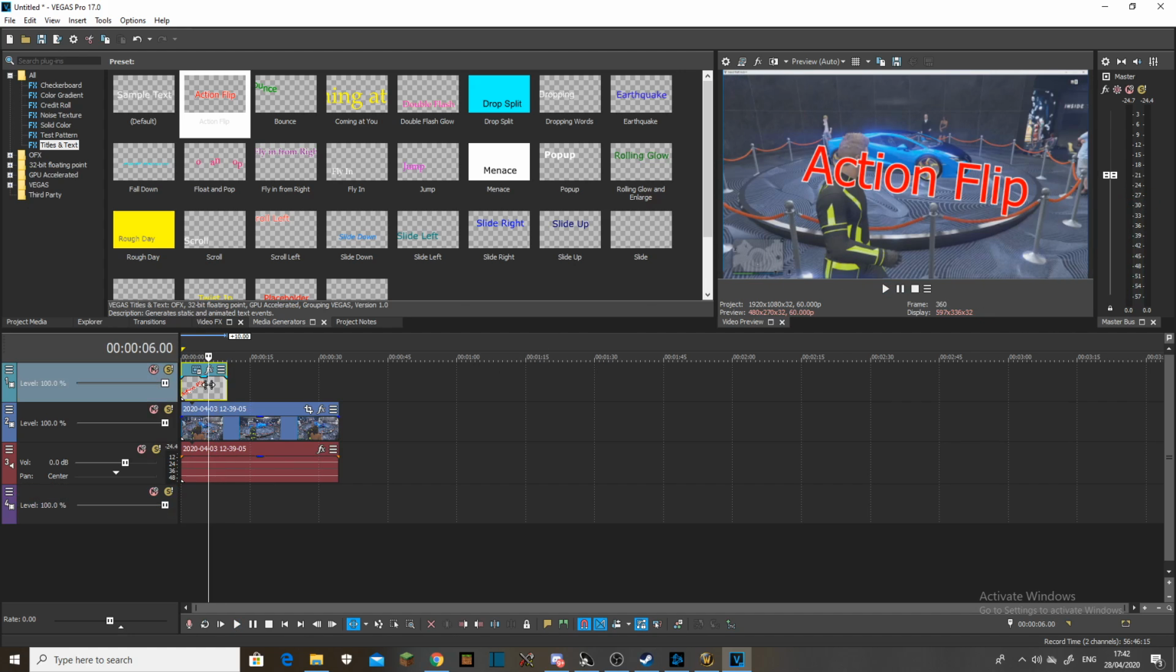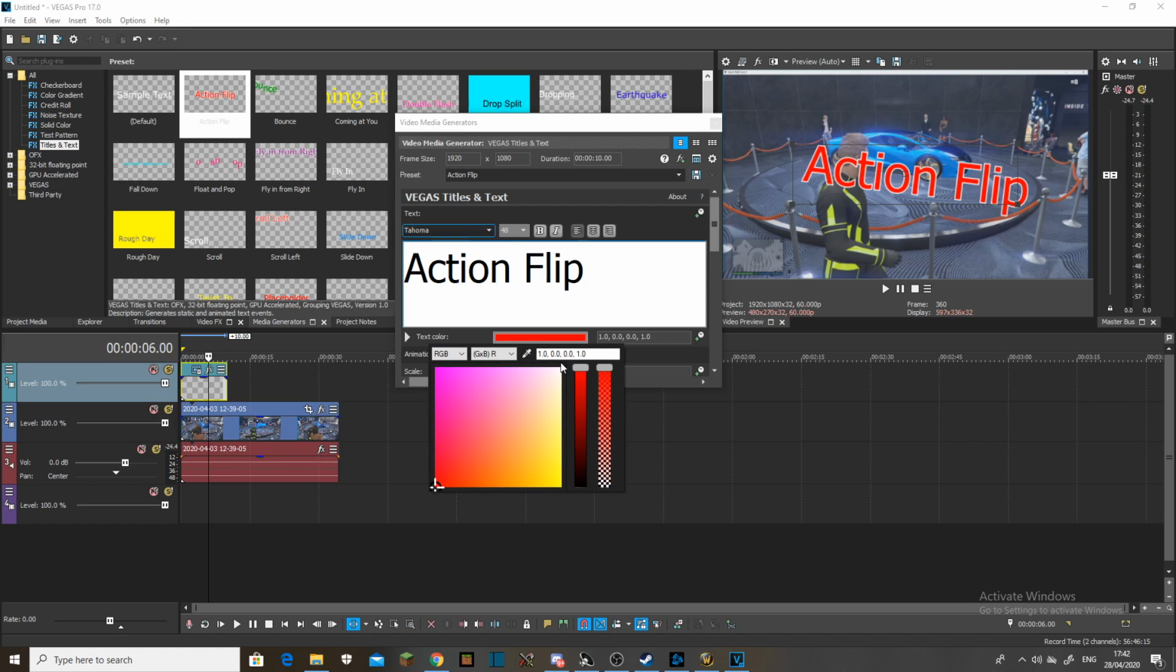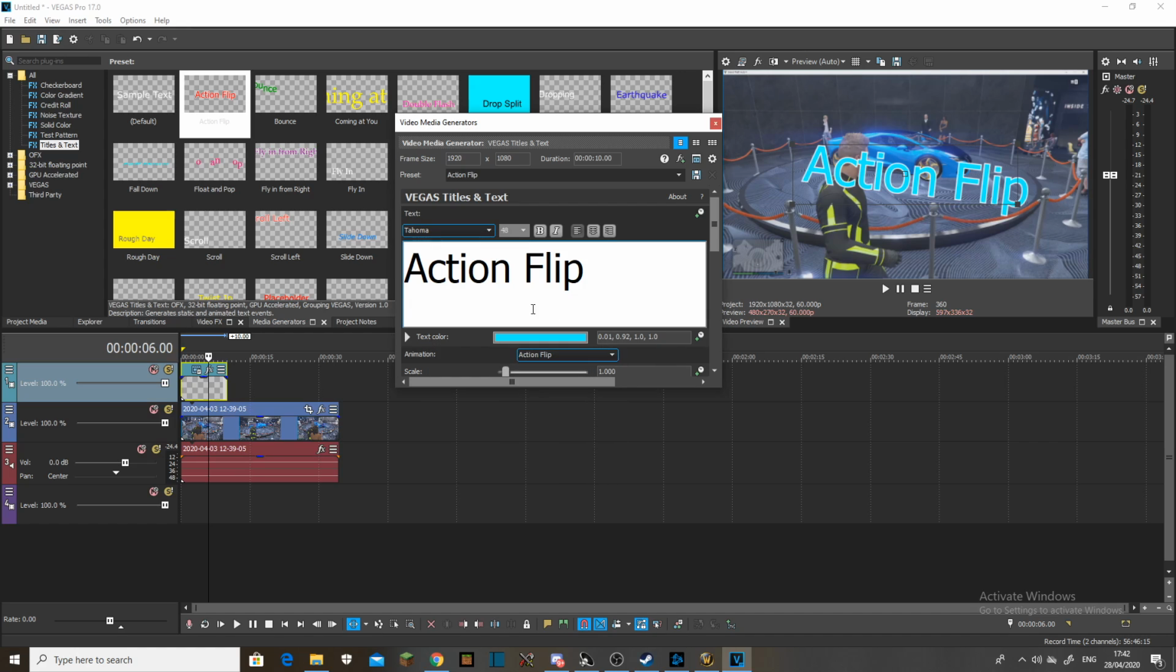So that's the basics, but you also want to change some stuff in here. So here you can change the color of the text. I want to make it blue. I'm going to take it to here and drag this like this, and some of like this, and then of course you can choose what text you prefer,